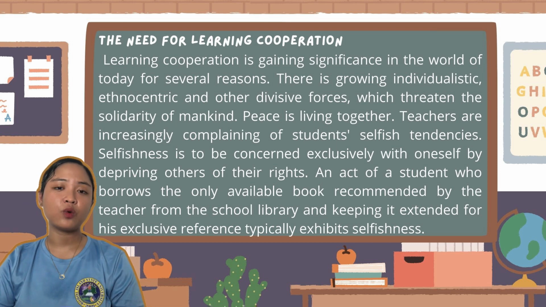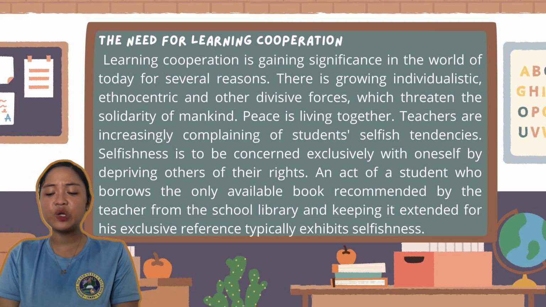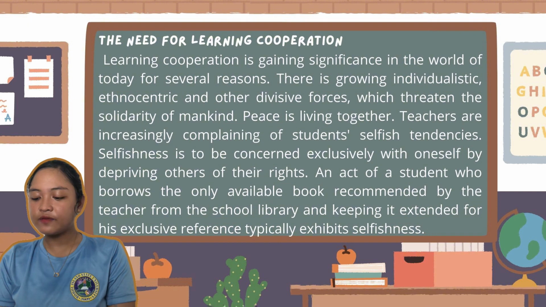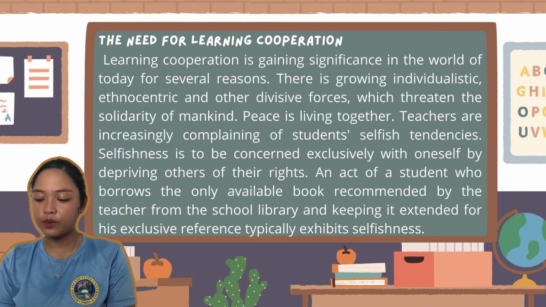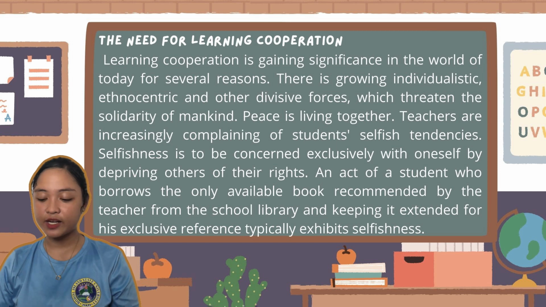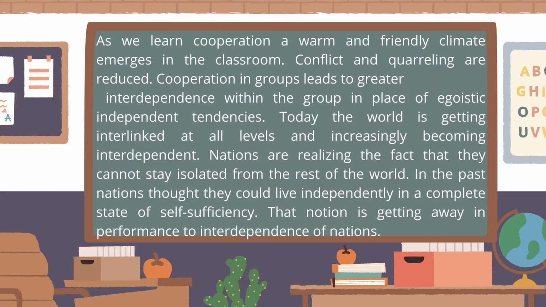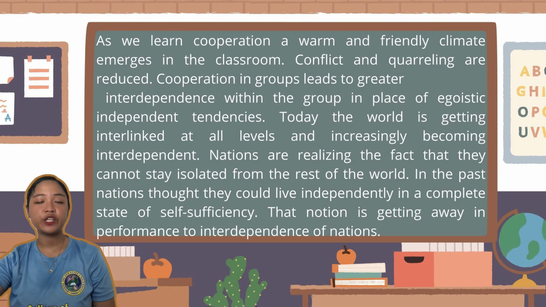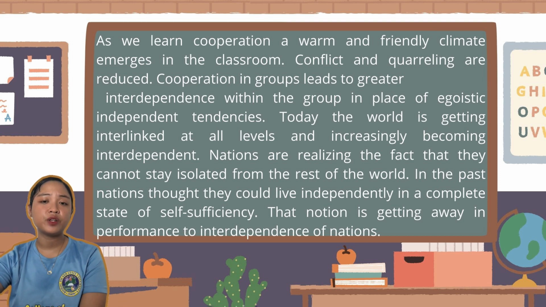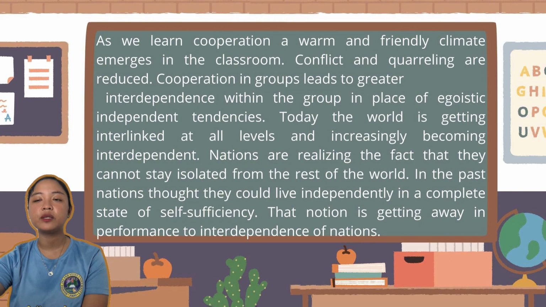A student should not learn without cooperation because in doing this, he deprives other students from using the book. Unhealthy individualistic behaviors are increasing in school as a result of social influence. Name calling, put-downs, and bullying are examples of such behaviors. So, as we learn cooperation, a warm and friendly climate emerges in the classroom, and conflict and quarreling are reduced. Cooperation in a group leads to greater interdependence within the group in place of existing independence